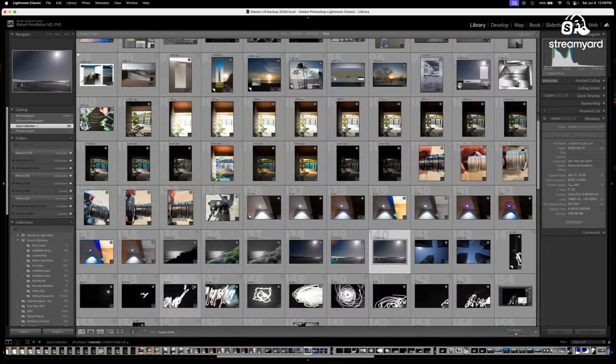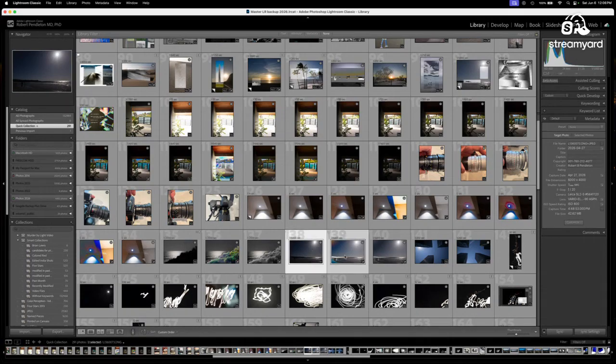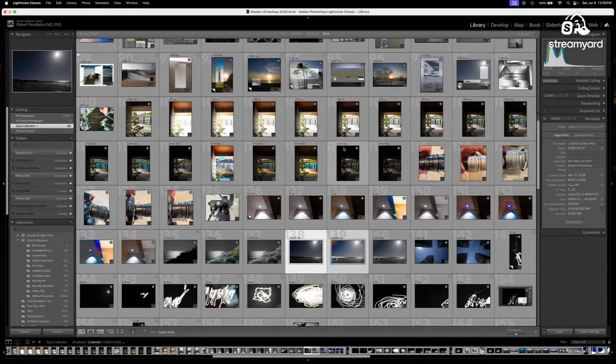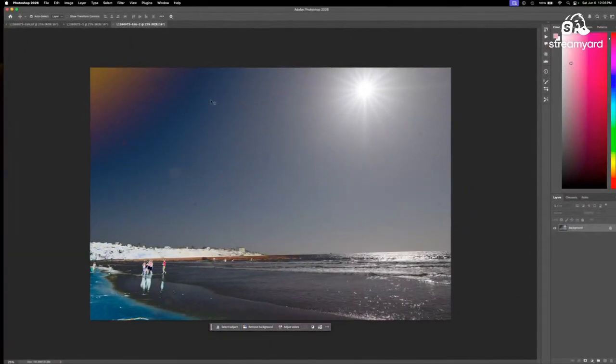Actually, what I want to show you is how I've masked them. So let's go back and take these two images into Photoshop again. I'm going to select this, copy, paste.